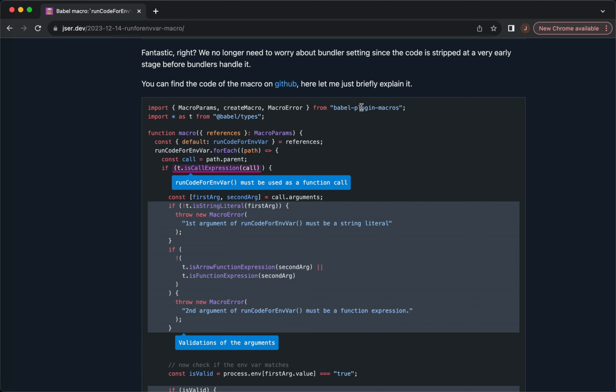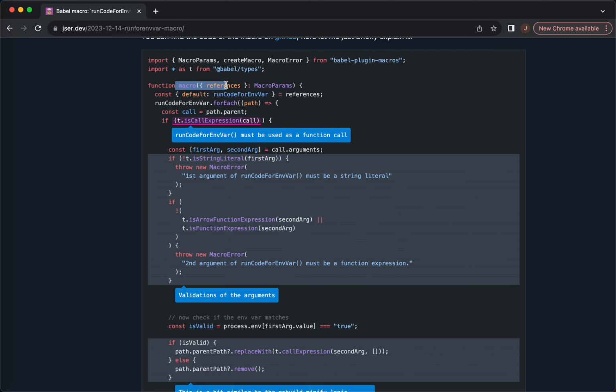This is the plugin, Babel plugin macros. And then in this macro, we will define our logic. So simply, it's an AST manipulation. It is not intimidating. If you just try to write something simple, you'll get a hang of it. So basically, what it does is like this one. It says, okay, for each call of this function, the reference of this macro,